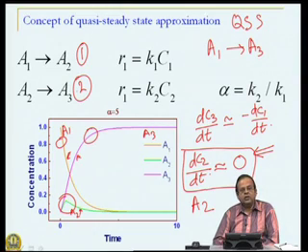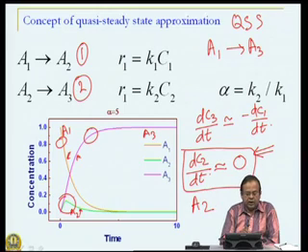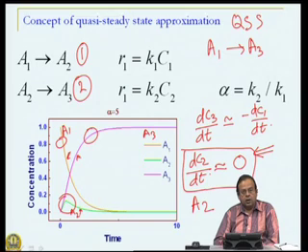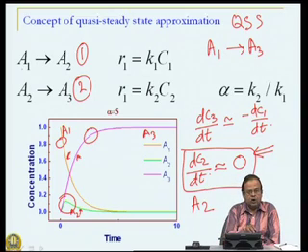So, hardly anything of A2 is left in the reaction, and we have direct conversion between A1 and A3. Direct conversion in a mathematical sense. Strictly speaking, chemically it is A1 going to A2, A2 going to A3, but A2 going to A3 is so fast that we hardly see any accumulation of A2, and we see only A1 and